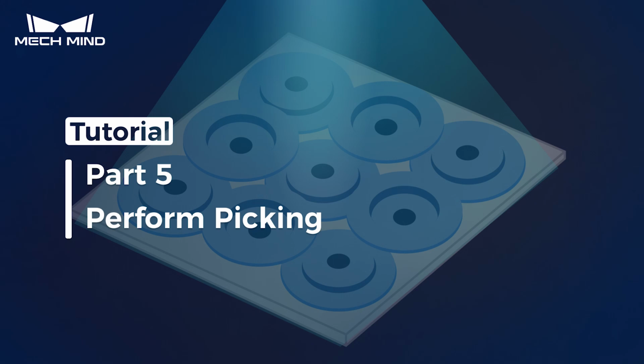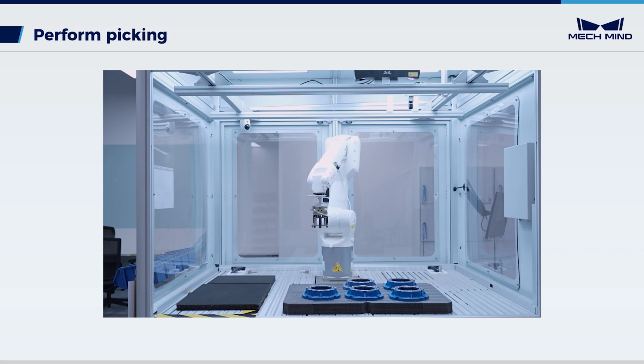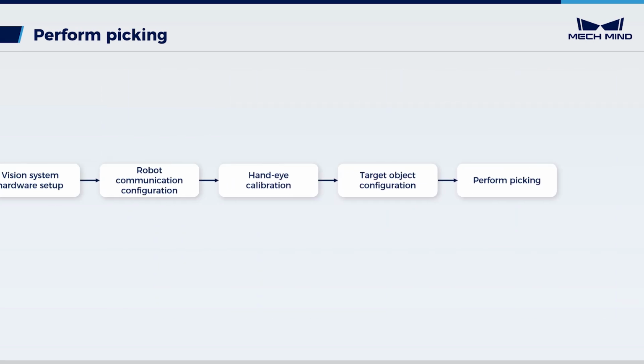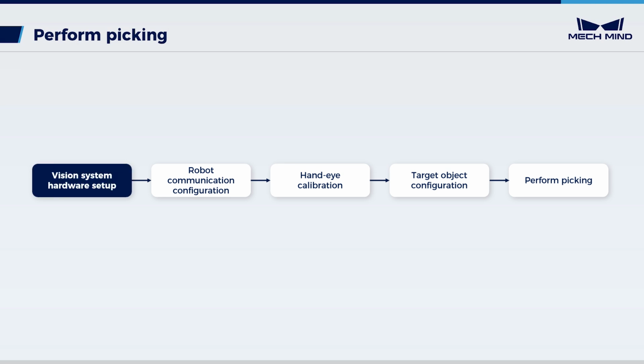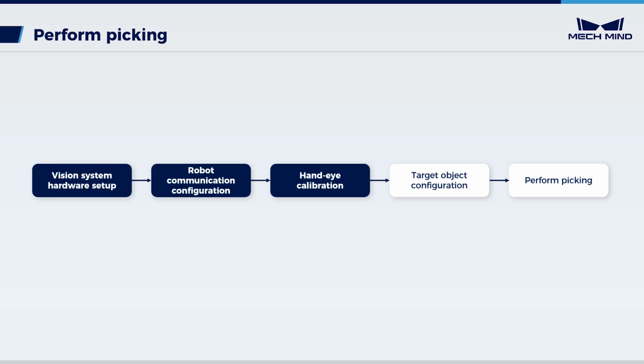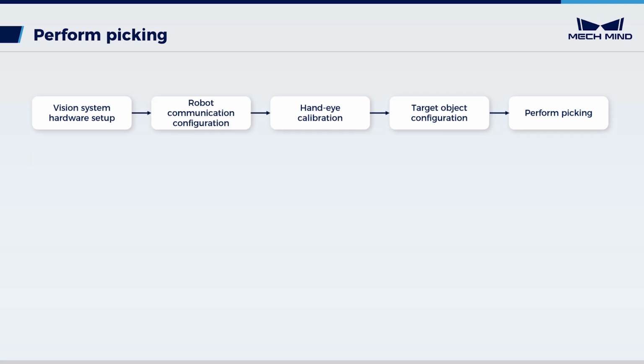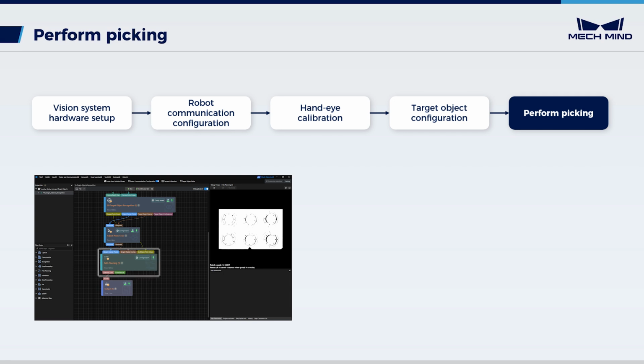This video introduces how to execute a pick and place process for neatly arranged housings, as shown. To achieve this, make sure to complete preliminary work first, including vision system hardware setup, robot communication configuration, hand-eye calibration, and target object configuration. In this video, we will build a path planning project by using the path planning step